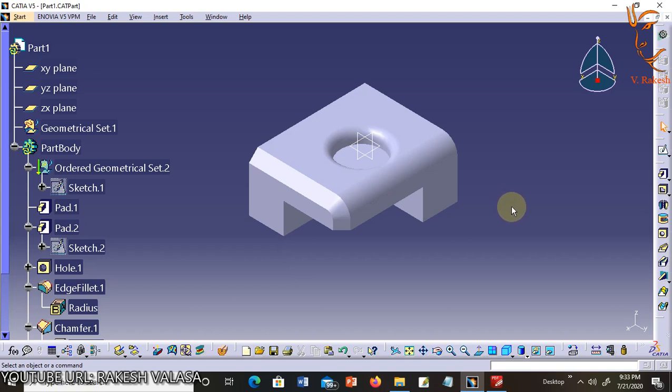specification tree. The specification tree contains the history of tools and processes used to create a part. For example, you can look at a completed part and see that there were fillets, chamfers and holes applied to it.